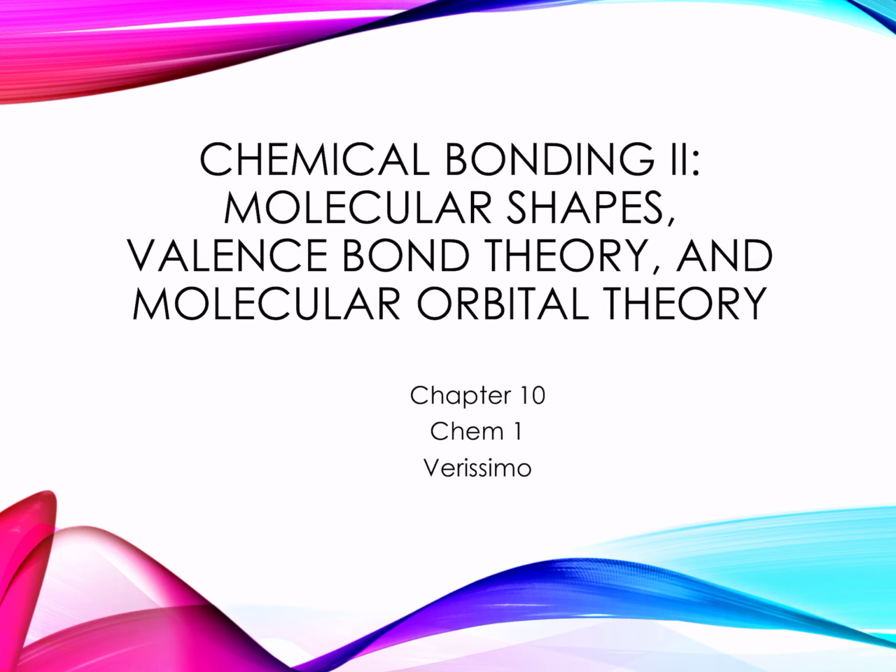To the third lecture on chapter 10. This is covering more about valence bond theory. It's kind of picking up where we left off in the last lecture. And we are now going to talk about two different types of bonds that can be formed. So there are sigma bonds and pi bonds, and we're going to learn how to distinguish between them and what